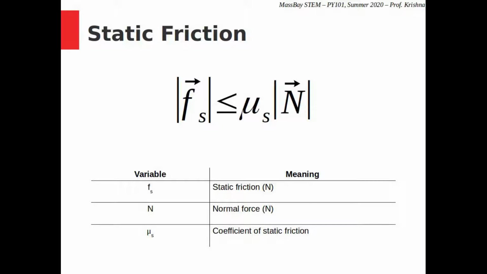The coefficient of static friction is a number with no units. It tells you how slippery two surfaces are. It depends on the materials that are being used. Trying to push a wooden object on a wooden floor is harder than trying to push the same object on ice. Every pair of materials has a unique coefficient of static friction, and several pairs are listed in a table